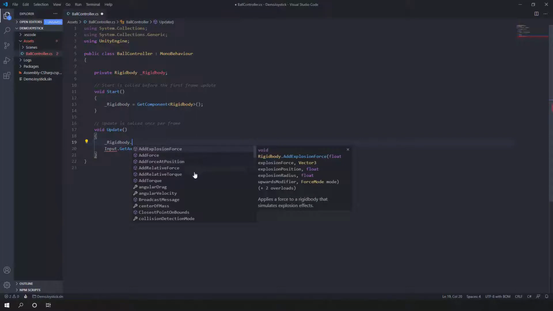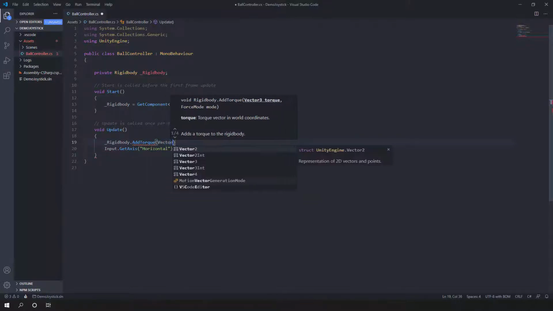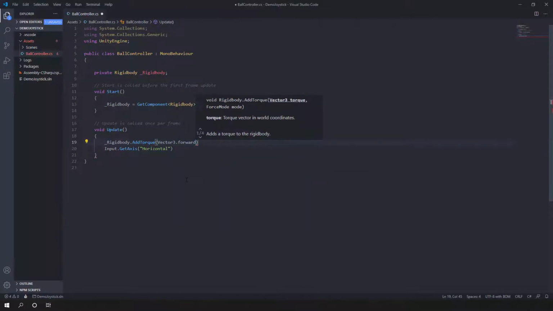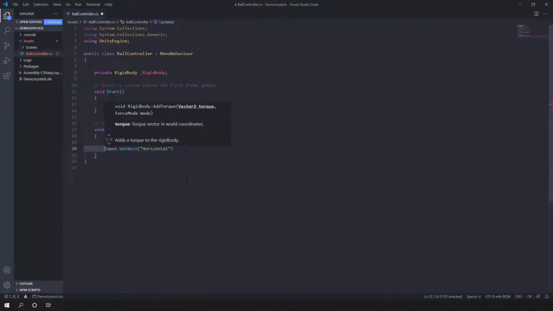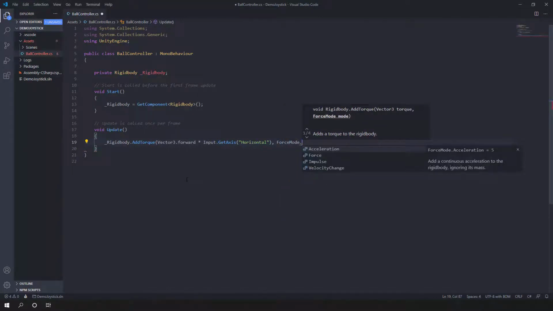Okay, so we can have a torque. And with a torque, we can have where we want to move. So I could say that we want to move forwards, multiplied by what we have on the horizontal. And we can select which kind of force mode we want to have.